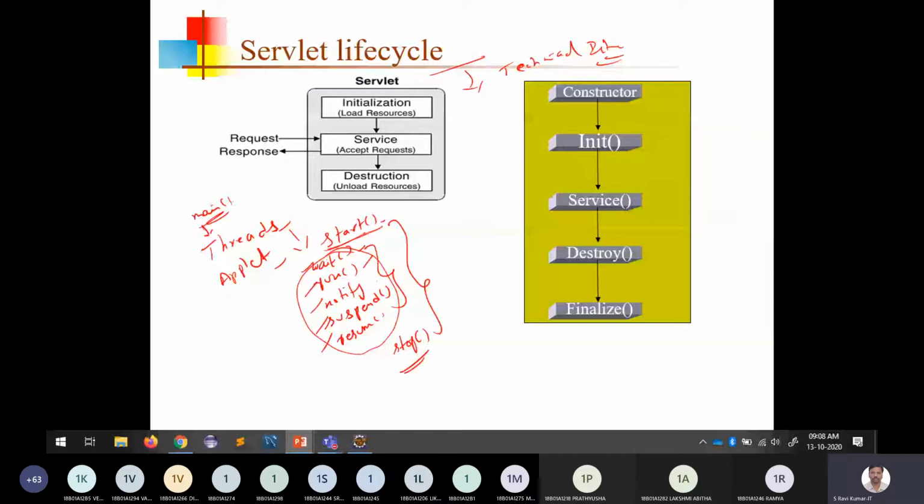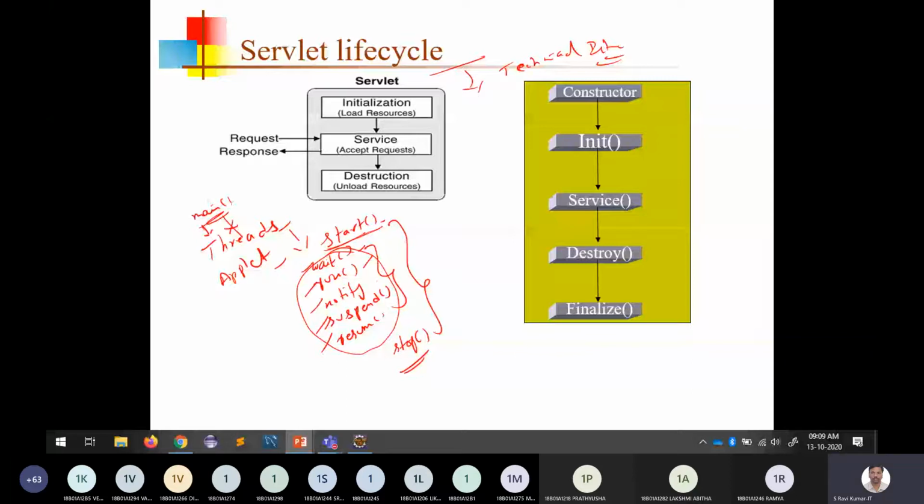No, sir. Threads don't have any main method. So what is the reason why the main method is not there in threads? Because of the lifecycle methods only.